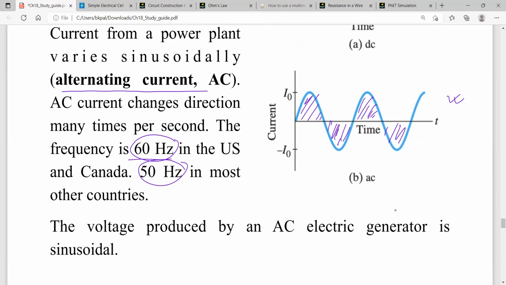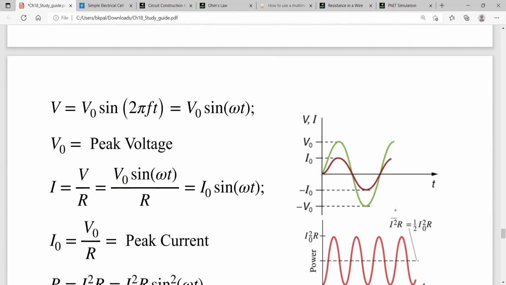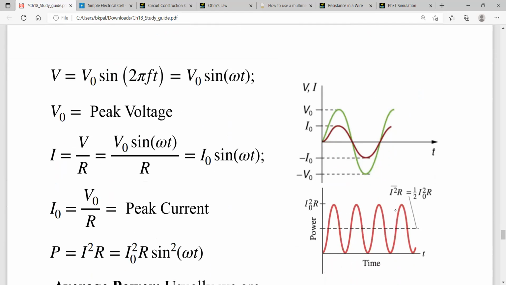Okay, so you see that this is very similar to simple harmonic motion, right? In the simple harmonic motion chapter, if we have a graph something like this, we represent it using the sine or cosine curve, right? Similar to that, we are going to use the sine function or the cosine function to do this. Okay, so for example, for the alternating voltage, we use this equation,